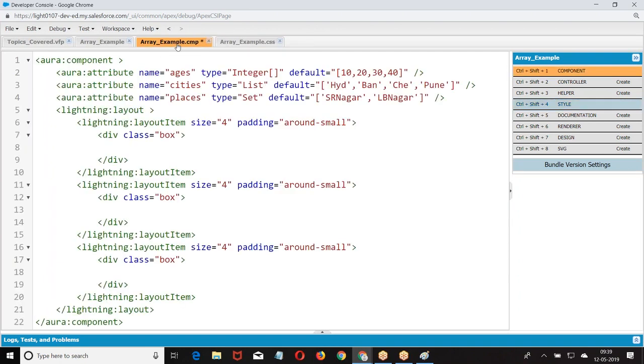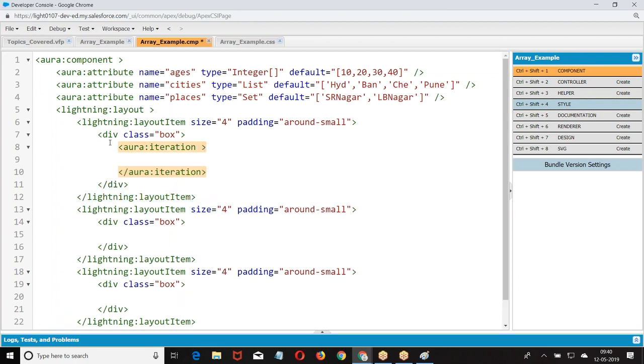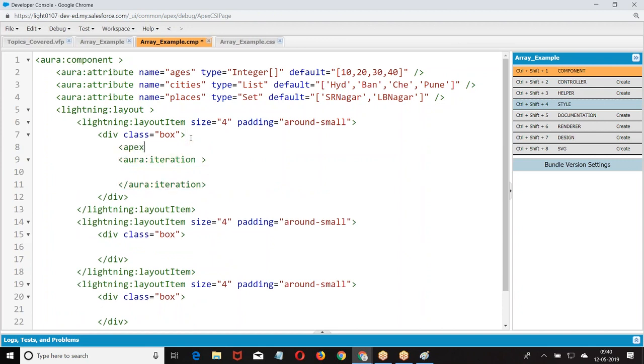Okay. Now the question is, how will you display a group of elements? Here we have aura iteration. What is the concept you have to use? Aura iteration. There, I will try to compare for your understanding. Repeat, value equal to array of elements.